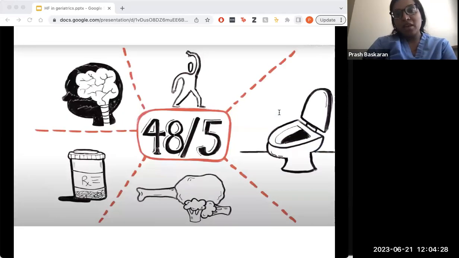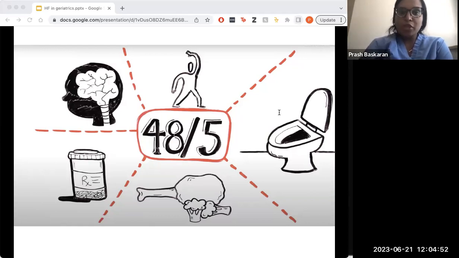Okay, so many of you might be aware of the 4Ms... the 48-5. It's well described in the Canadian Frailty Network, and something we learn in residency as well. Basically, the idea is when you see a patient in the emerge, to make a cognitive mental note to assess these 5 domains in patients who tend to be higher risk for